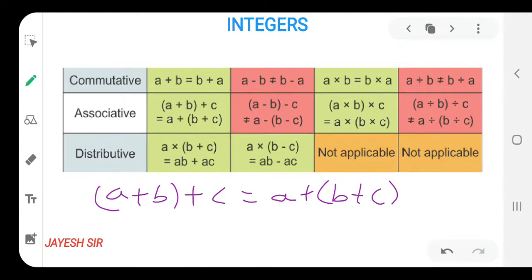Let us assume you are A and your friend is B. Here we can relate: A and B are both best friends from their childhood. But C also wants to join their group. Yes, C also wants to join their group. So C decided to be friends with B only, not with you. In that case also our associative property takes place.